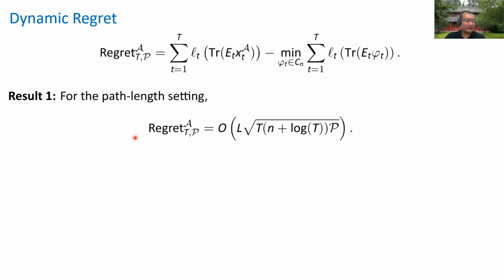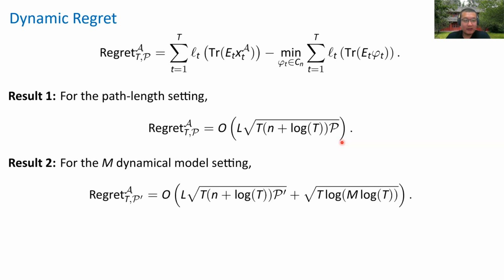Okay, so by giving the definition here, I guess it is probably the right time to carry out the results along the dynamic regret. So the first result is that for the path length setting, we can give a quantum algorithm that can achieve a result of roughly square root of T times P here. The T here is the total number of iterations, and the P is the path length that we just